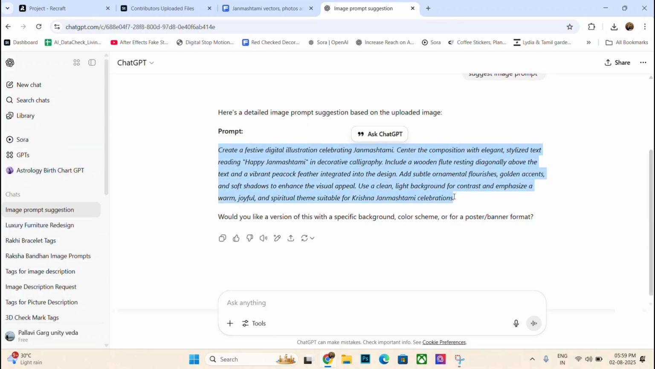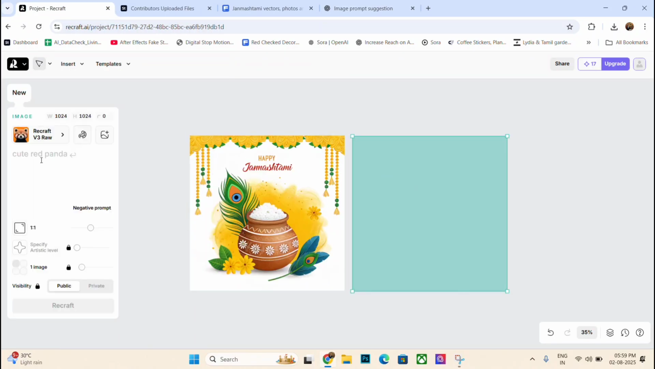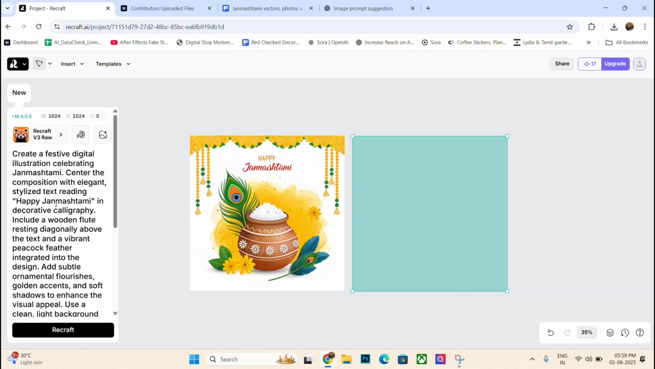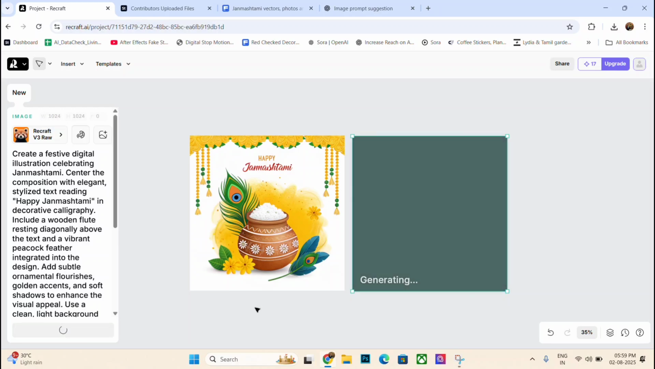If we don't get a prompt according to our requirement, we can ask it to tweak it to make it functional for our purpose. After pasting the prompt, hit Recraft and that will